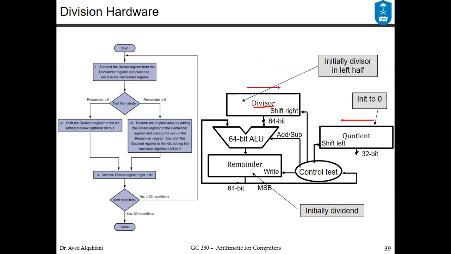This is going to be the divisor. This is going to be the quotient. And here you will get the running result, which is the remainder. Again, we use 64 bits. This is going to be 64, and the remainder is going to be 64-bit. For the quotient,